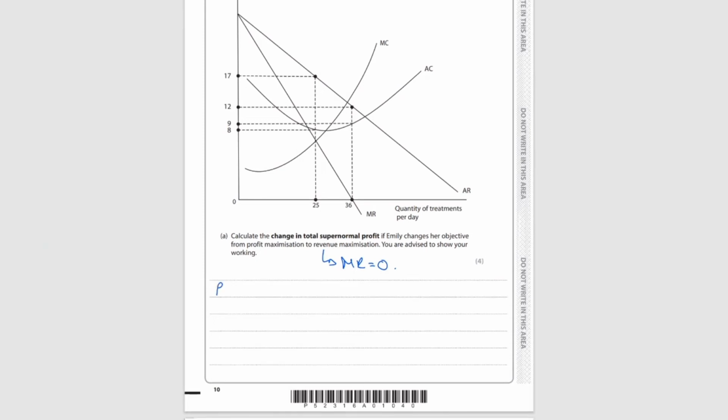All right, well, let's work out profit max first. Profit max is going to be where MR equals MC. So that is here. So they're selling 25 units. Now in order to calculate the revenue, I go up from this point all the way up to the AR curve, which is also the demand curve in this case, and then we go across here to 17. So one part of my calculation is 25 times 17,